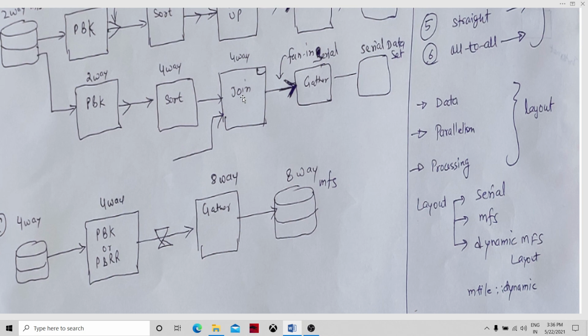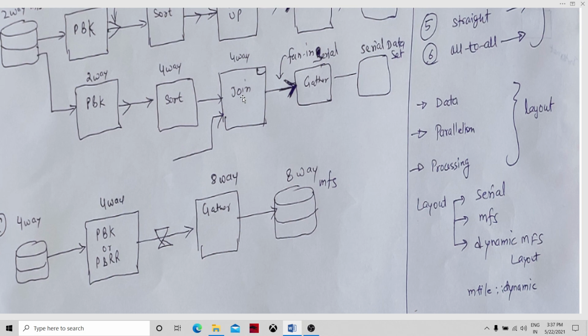And if everything is running on a cloud system, I mean a cloud host, not the Co-Operating System but the cloud host, there will be a node where we can make this join component run. So this kind of thing we can do. The layout could also be serial. In what case? Where we have serial flow, serial input, serial output, there is no parallel processing, no data parallelism as such. Then the layout could be serial, and MFS, a multi-file system, if we are assigning it as a layout.